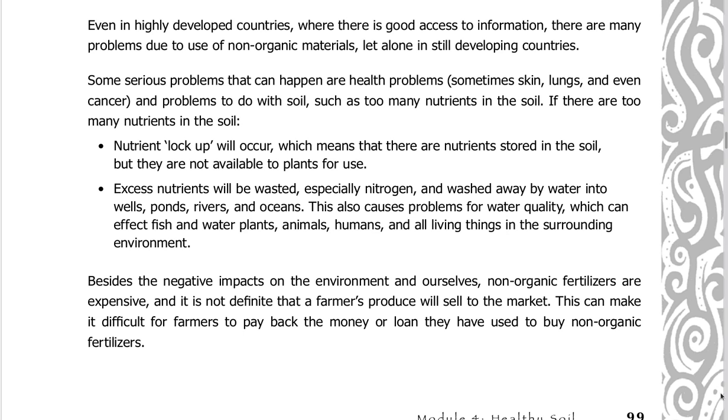If there are too many nutrients in the soil, nutrient lockup will occur, which means that there are nutrients stored in the soil, but they are not available to plants for use. Excess nutrients will be wasted, especially nitrogen, and washed away by water into wells, ponds, rivers, and oceans. This also causes problems for water quality, which can affect fish and water plants, animals, humans, and all living things